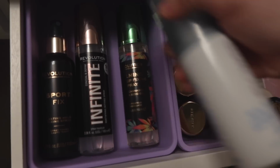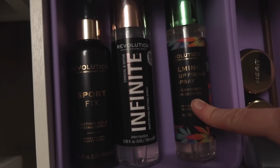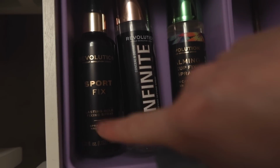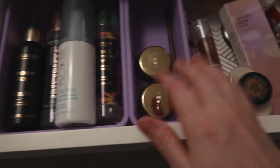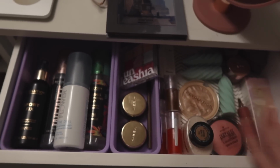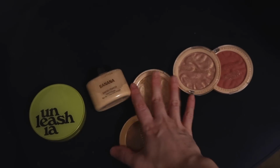We have the Flower Seal the Deal, and then these 3 are from Revolution. The Calming Makeup Fixing Spray, the Infinite Setting Spray, and the Sport Fix. I sort of feel like they're all the same. So that's my testing drawer. Okay, I organized it slightly, at least so that I can see everything. So that is what is going to be staying in that drawer. And then these are the things that are going to be